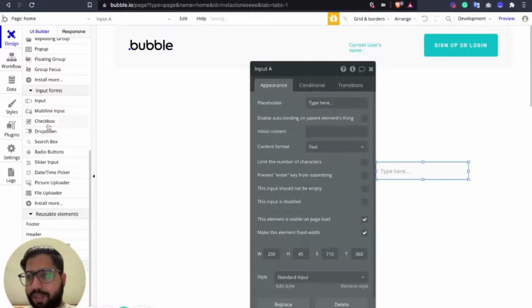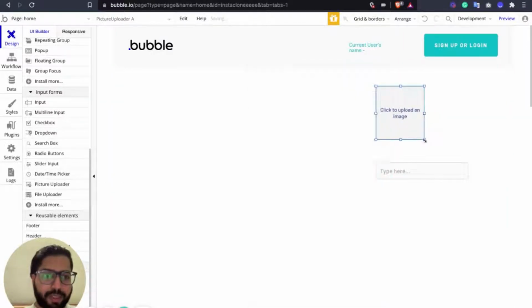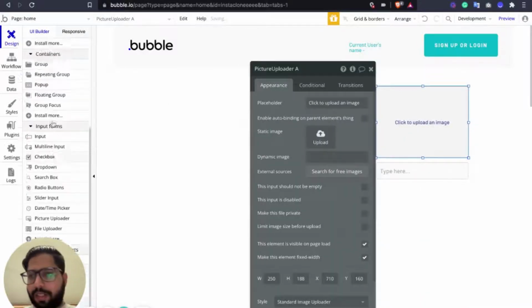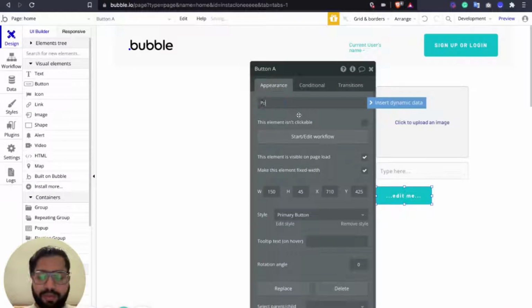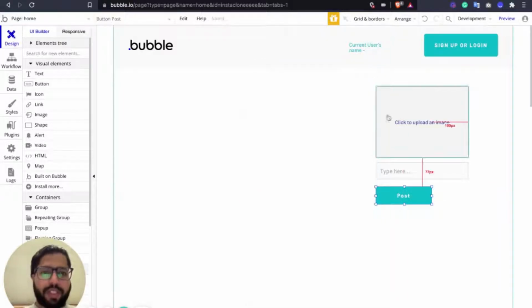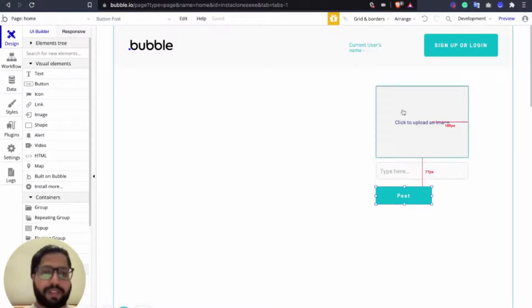post first. So we are going to have, okay, a picture uploader, upload the picture here, and have a button here to post. So we are going to say, okay, upload the image here, type the caption here, and post it. It will be stored in the feed with your name on it. So you're posting a picture on your fake and stuff.